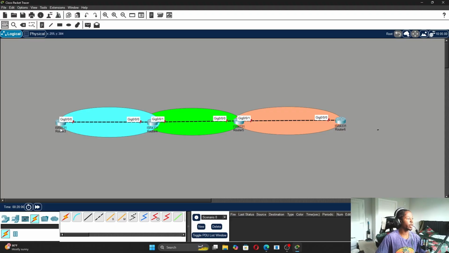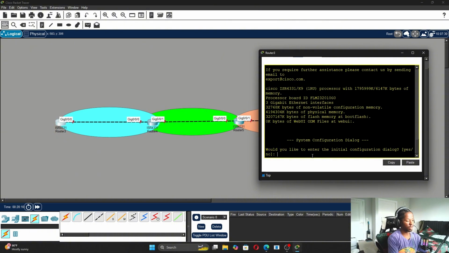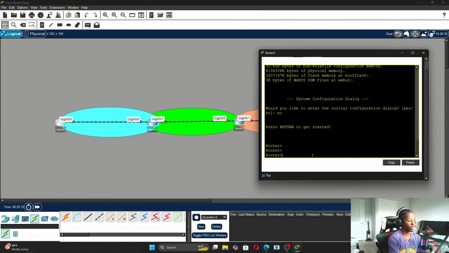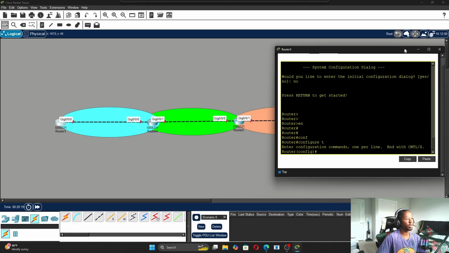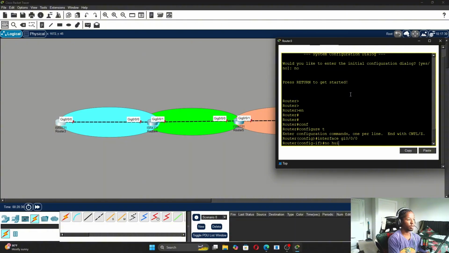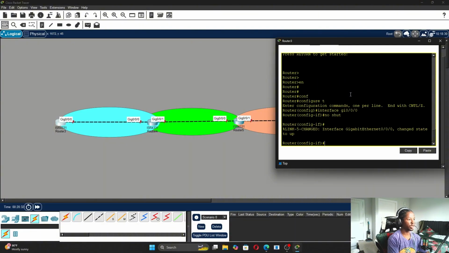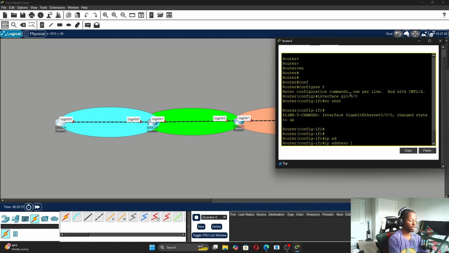Alright guys, so I went ahead and set up a quick simple topology for you guys. We'll go ahead and go into privileged exec and global config. We'll go ahead and bring up some of these interfaces. So we'll do interface GI 0/0/0. We'll do a no shut, and we'll add IP addresses as well. So we'll do IP address